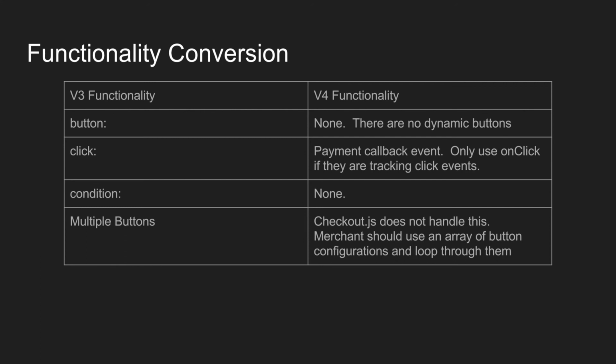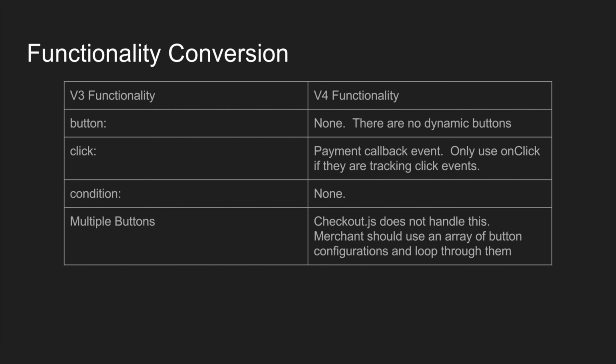The click property in v3, that's where you could basically hijack the onClick that v3 would set, and then do whatever you wanted, and then you would call startFlow once you got a token to render the flow. This was usually when a merchant had a web service and they wanted to make an AJAX call to get the token. They would use this click property. So the click property would be exactly equivalent to our current payment callback event,